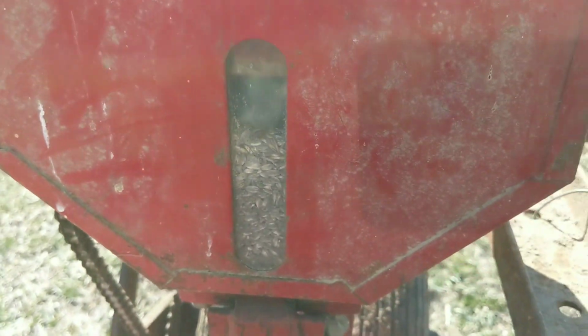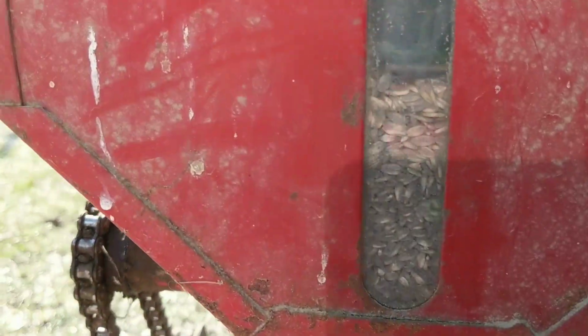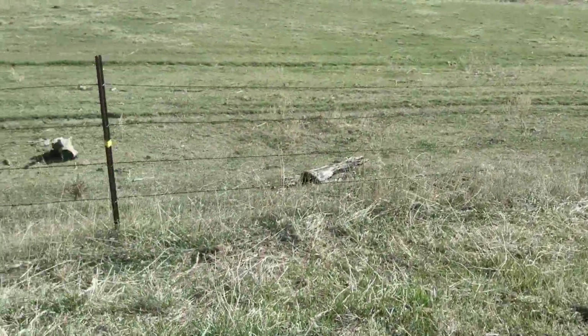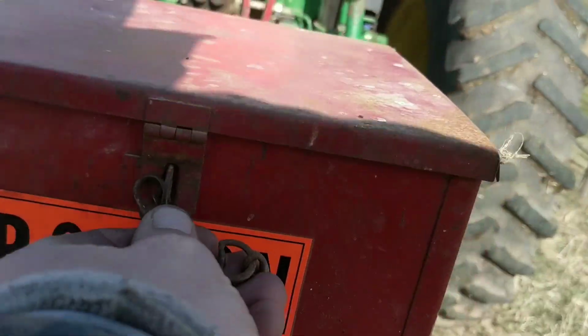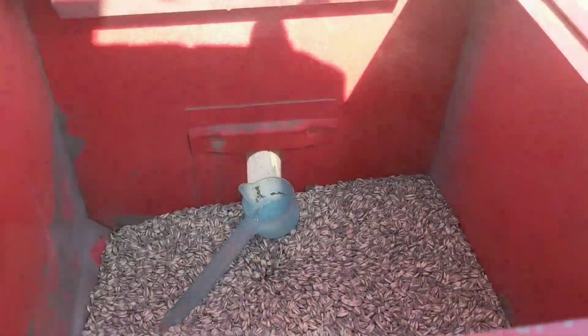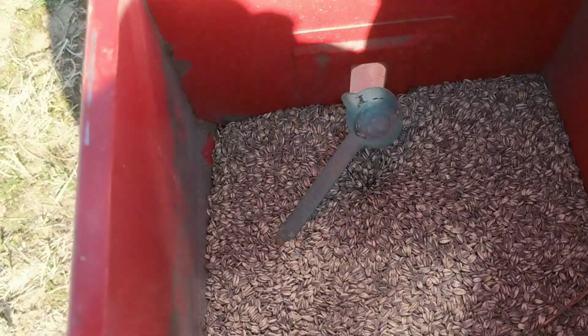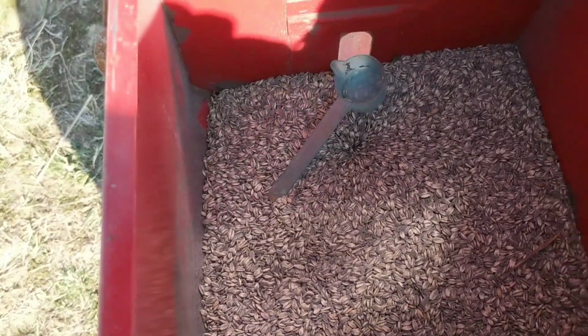This is some stuff my aunt gave me a few years ago. And looks like there's even a measuring cup in there. I think there's a measuring cup. Yeah, there is. It looks like oatmeal almost, but